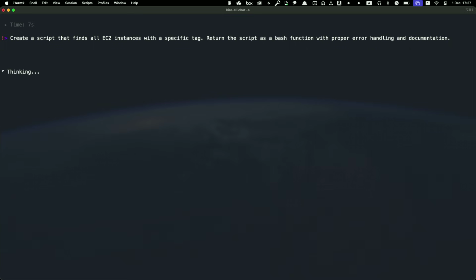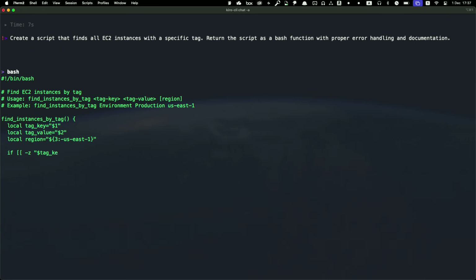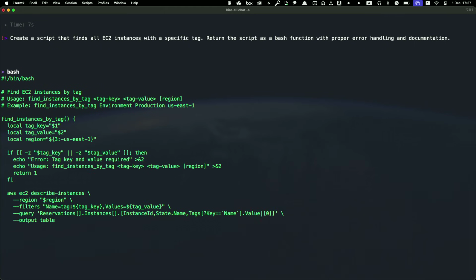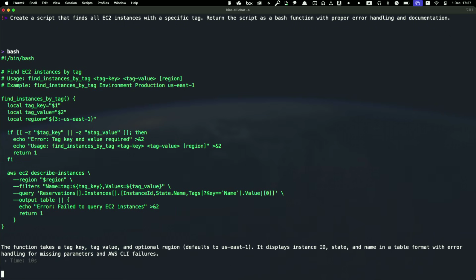So the LLM will go and start thinking, and create pretty much what I asked for, a bash function with everything inside. And this is fine. This will work. You can run this bash function or this bash script, and it will start querying all your EC2 instances with the specific tag. But